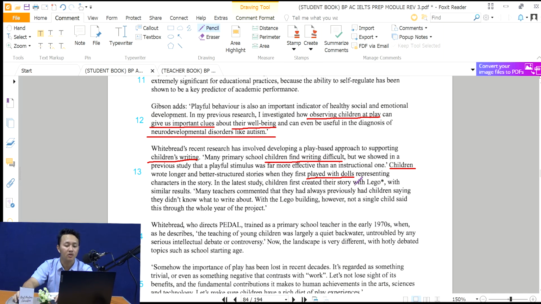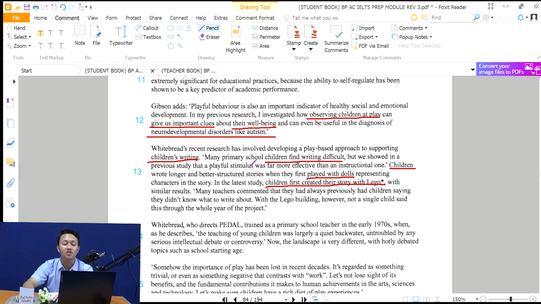Okay, play with dolls, representing characters in the story. In the latest study, children first created their story with Lego. Okay, that's not the answer, I think. I mean, that's not the statement. With similar results, many teachers commented that they have previously had children saying that they didn't know what to write about. With the Lego building, okay, so